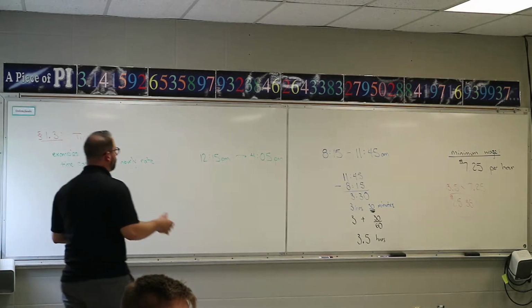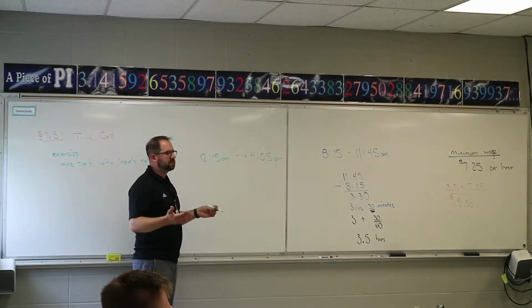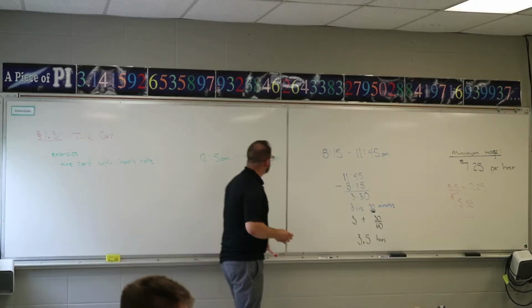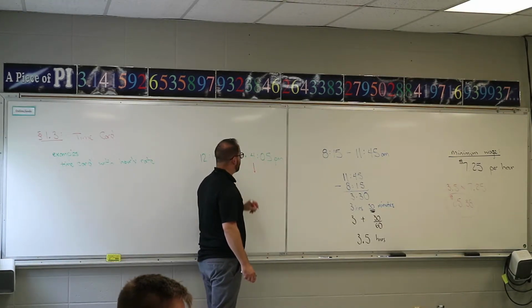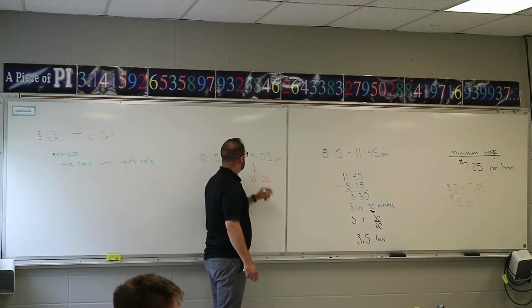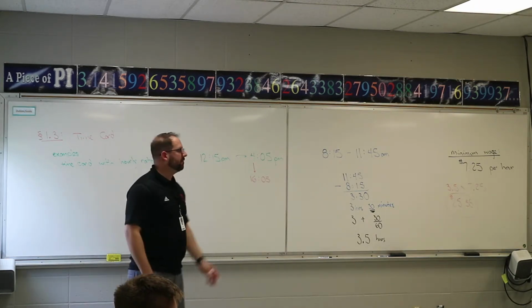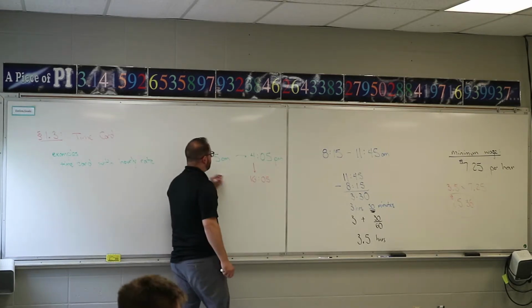Since we're past noon, you should change it to military time, just to make sure everything is up to date here. So change this to military time. You're going to take this and add 12 to that later time. So this is now 16:05. You don't have to put PM on it. In military time, it's automatically assumed that when it's past 12, you're in the afternoon. So 1600. You have your 12:15,